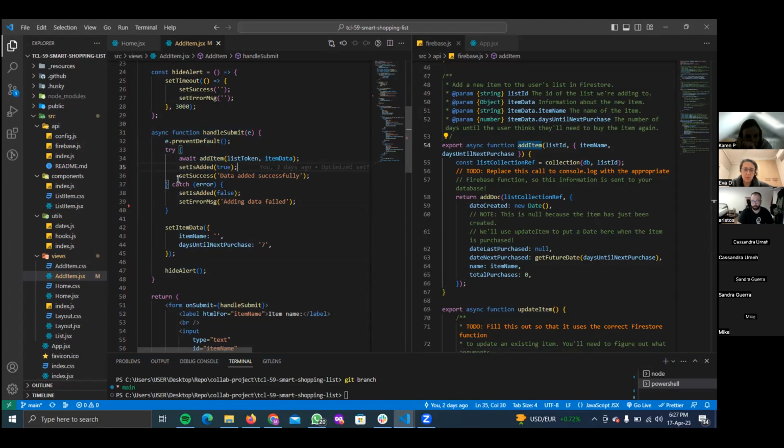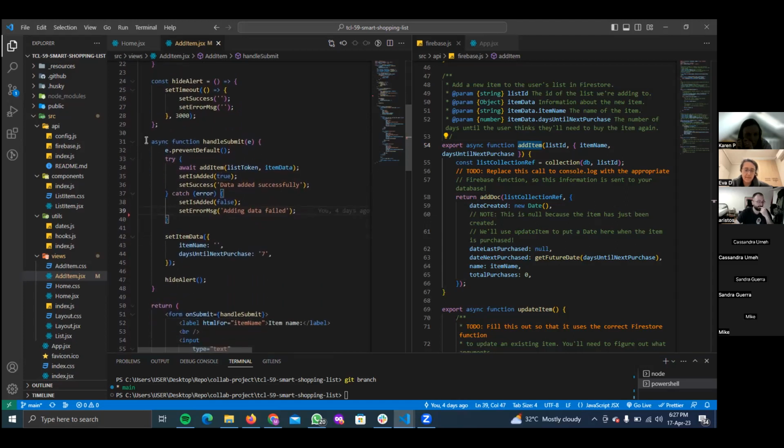So we're using a try catch so that we can get the errors that could be returned from Firebase, which we are not logging. But then we set up a custom error handler here.